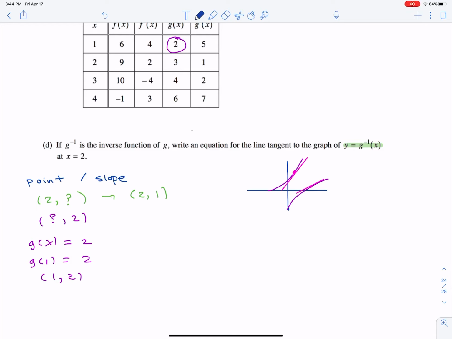I'm going to say G. So I'm going to take the derivative of the inverse at 2, right? Because that's what we're supposed to do. But what does that equal? That equals 1 over